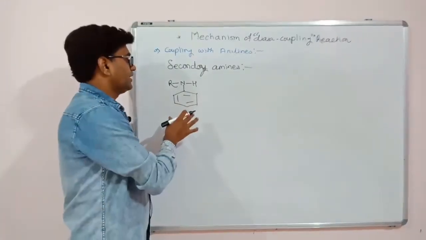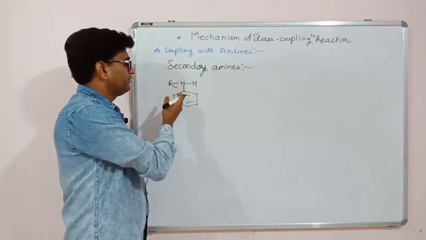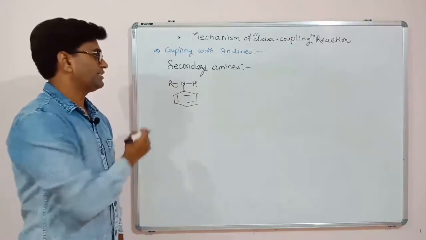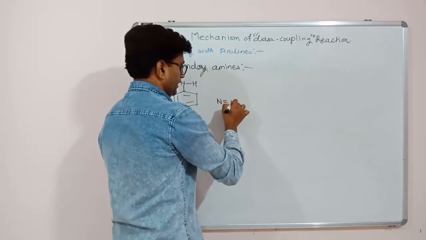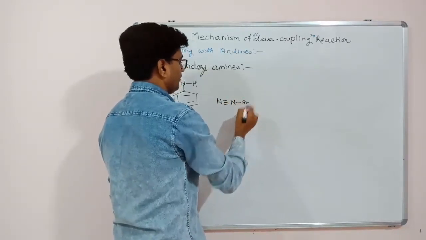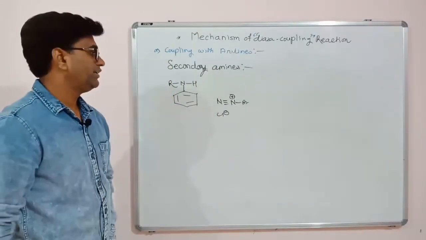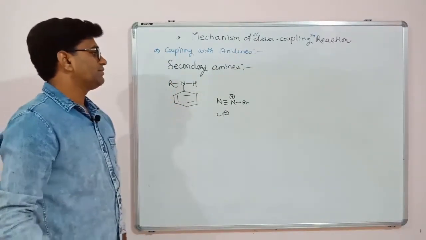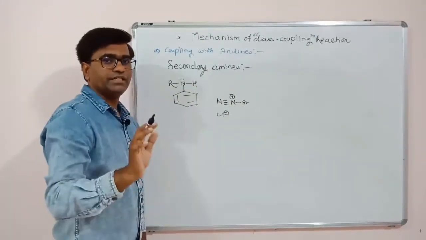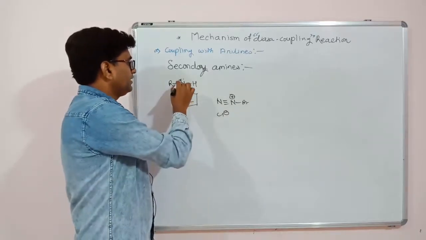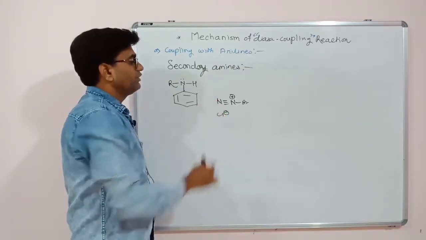Friends, this is our secondary amine. One of the two R of the nitrogen group are substituted, one with benzene, one with any alkyl group, that is R. Our electrophile like N triple bond N Ar, the positive charge neutralized by this Cl minus, diazonium chloride salt. So in this case there is a possibility that this nitrogen lone pair will attack on this nitrogen and we will get an N azo compound, and it may be possible that this lone pair going inside activates the ring and the para pi bond will attack on this nitrogen.